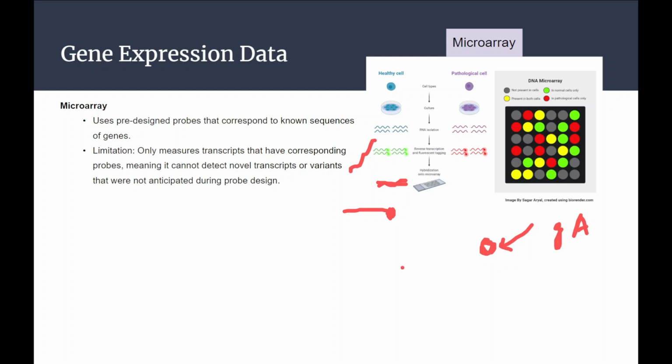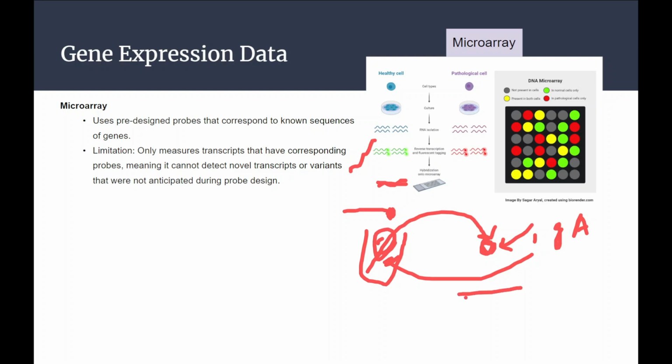We have a sample where we have collected all the transcripts within this particular test tube, and we have a specific transcript for gene A. If you add everything to this particular dot, there is only one thing that is complementary to gene A. The rest will not bind or form a complementary sequence. There is only one transcript that is going to be complementary to the gene A probe.